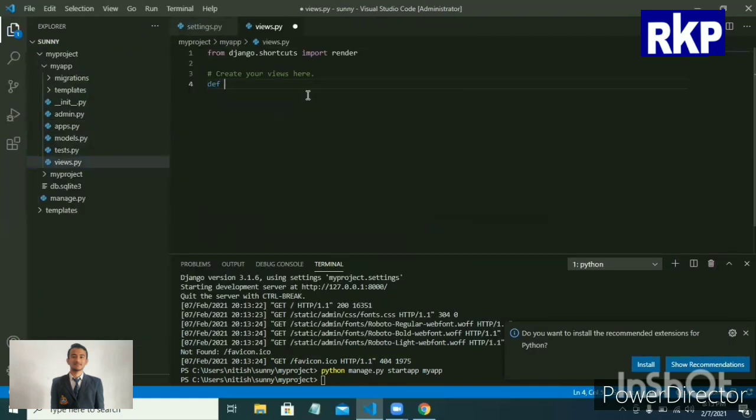Now as we know the basic files which we will need in our Django project, the first thing which we need to do after making a template is making a view.